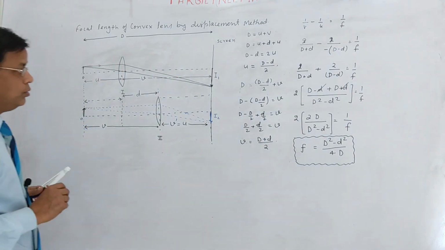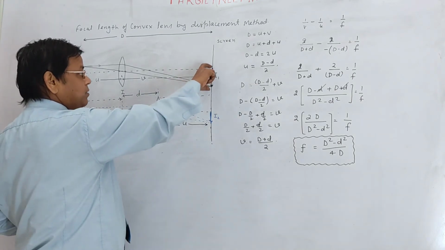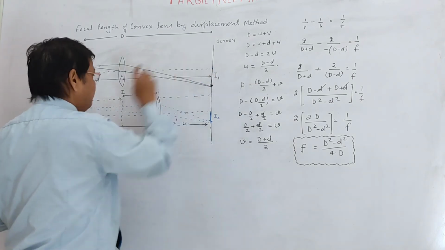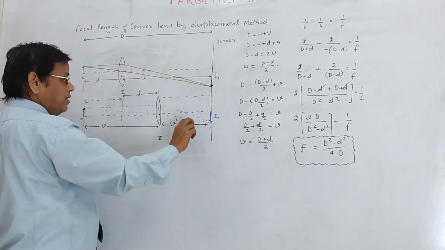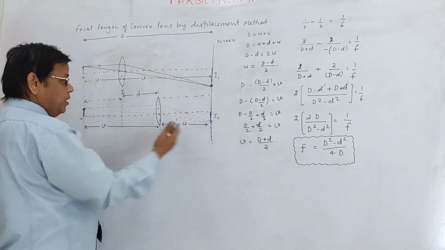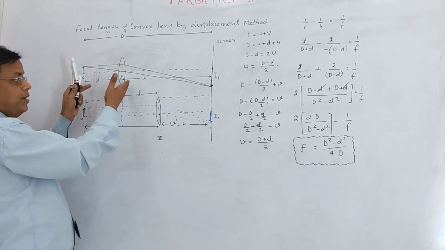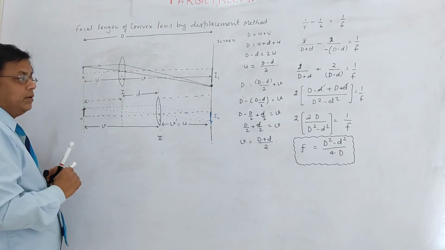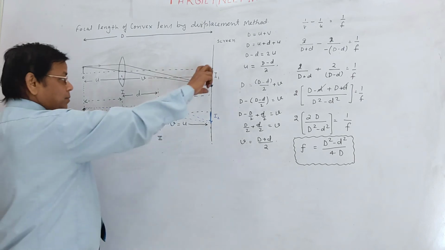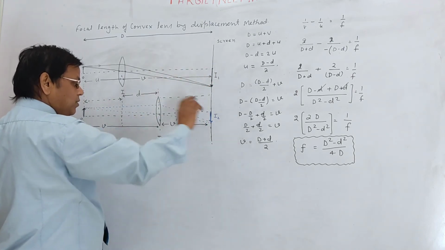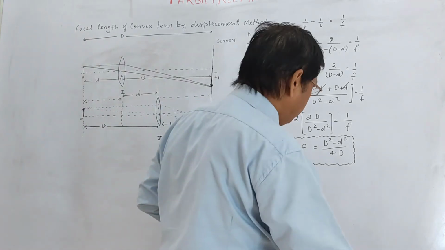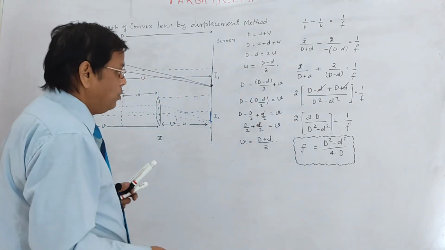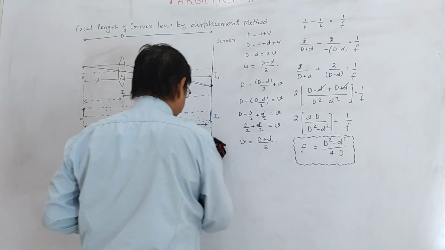Now you know, in the first case the image formed is larger. If I take this as the first case, then the image is larger, and in the second case the image is smaller. If you take this as the first case, then this will be the second case. So in one case the image is larger, in the other case the image is smaller. So magnification in both cases is not equal. So we can write the formula for magnification in both cases.